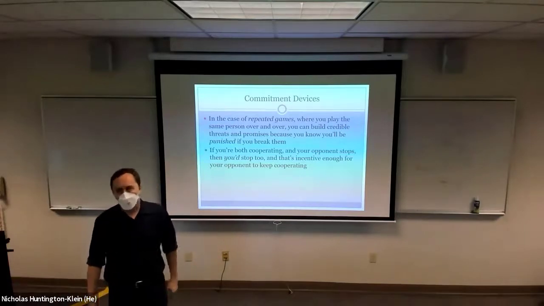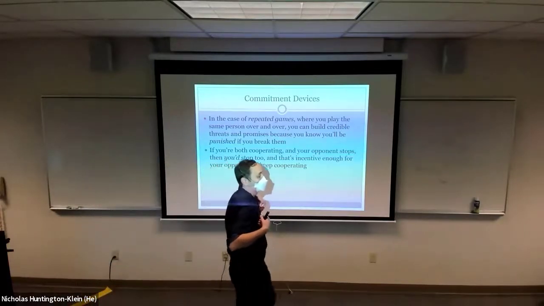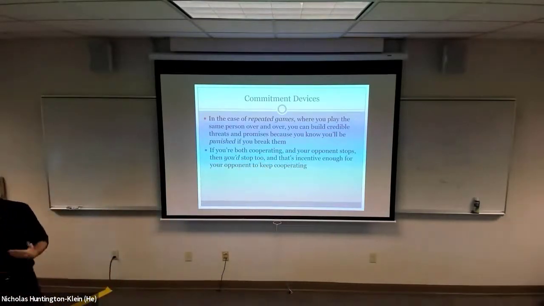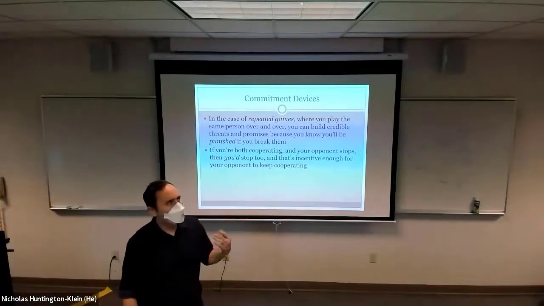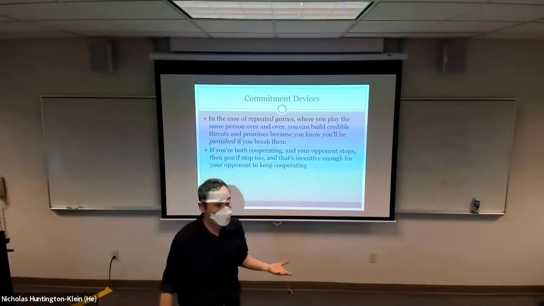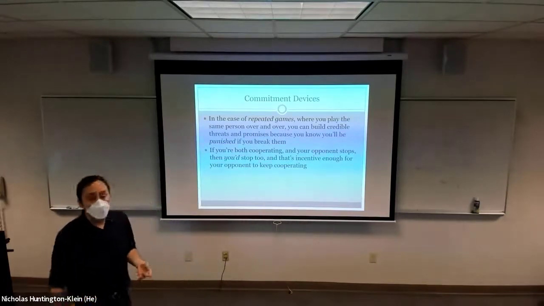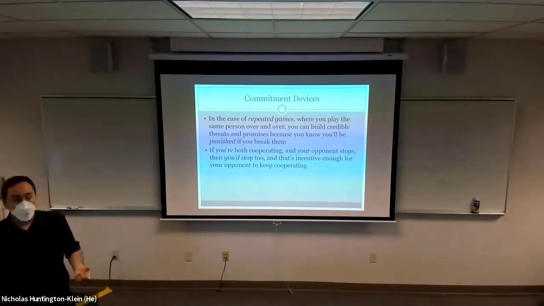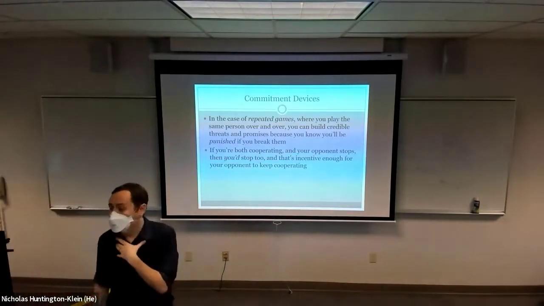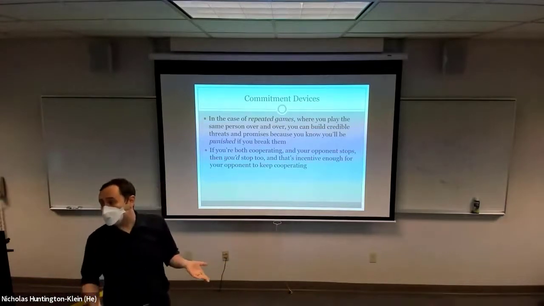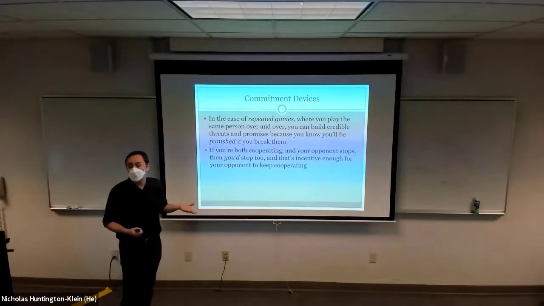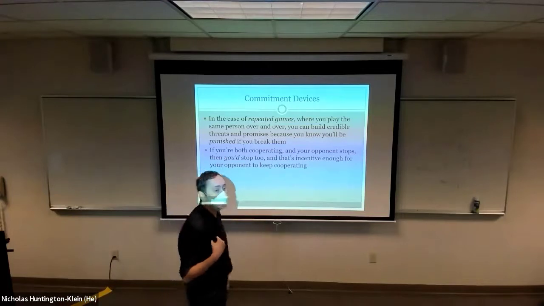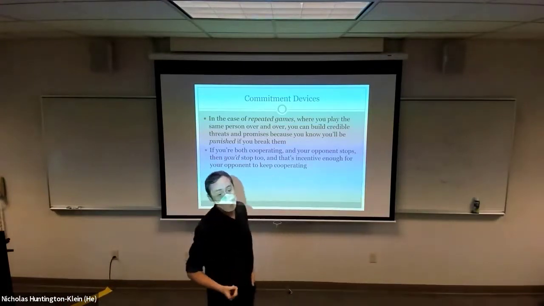So you might walk in on the first day going, oh, this is going to be terrible. We're always going to confess on each other all the time. We're going to get this terrible outcome, and that's going to just go on forever. But then you realize, wait a minute, it's not in my interest to stay silent, right? That's not the Nash equilibrium outcome. But if they stay silent, I can reward them by staying silent as well. And if I stay silent, they can reward me later by staying silent. And so we can try not playing the Nash equilibrium and then only punish each other if we defect, which allows us to get the good outcome because we have the ability to reward the other person later for continuing to play that good outcome.